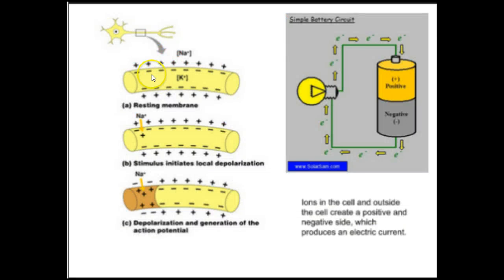So here we have our resting potential, and we have our negative potassium ions on the inside and our positive sodium potassium ions on the outside. And we're at resting potential, the membrane's actually resting. A stimulus initiates the depolarization, and this is just a term used to talk about